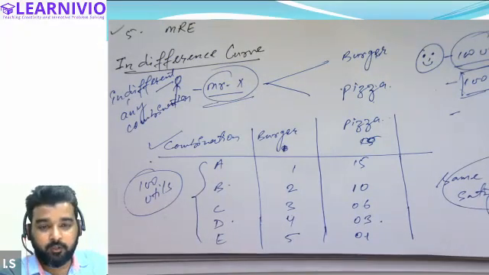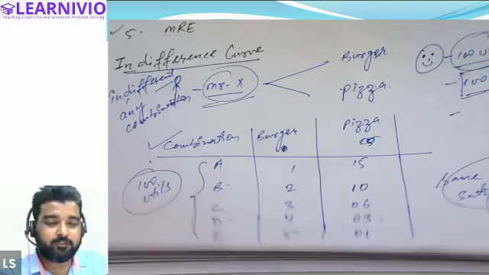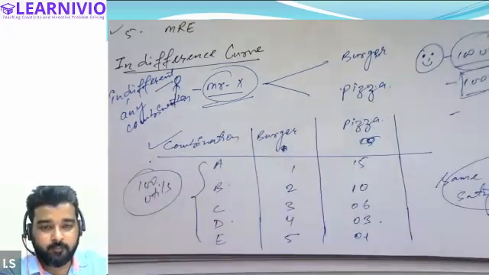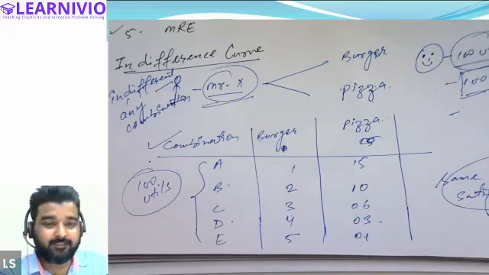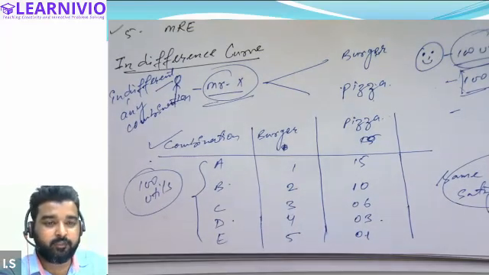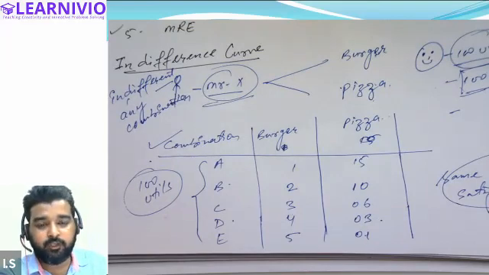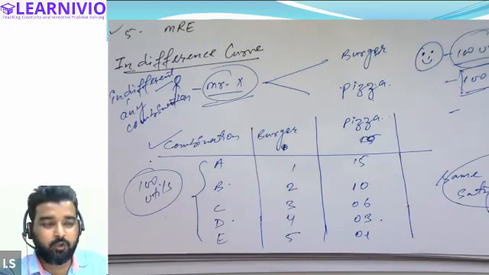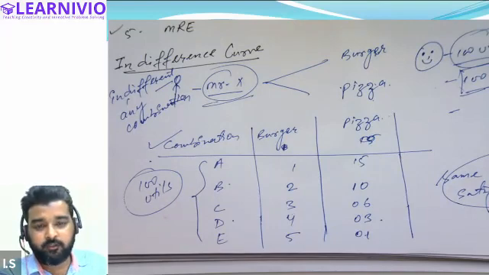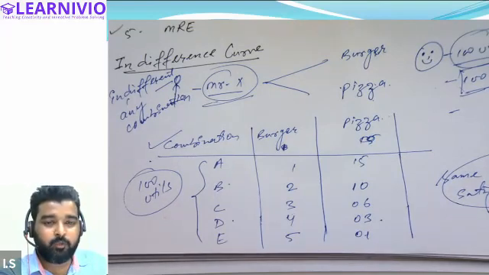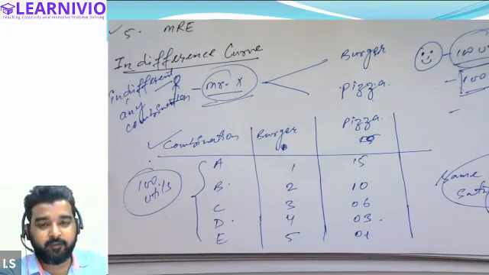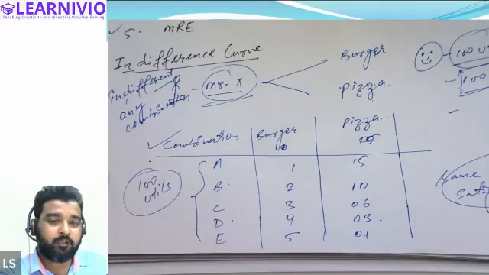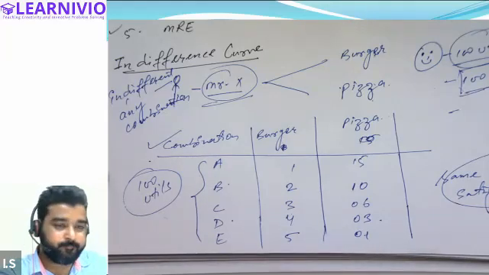The answer is no. If I ask Mr. X which combination he prefers out of all of these combinations, he will say, I am indifferent. It doesn't matter whether you give me the good in combination A, B, C, D, or any combination, because he is going to have an equal amount of satisfaction in every combination. He will say that I am indifferent. There is no special preference to any combination that he is required to give.